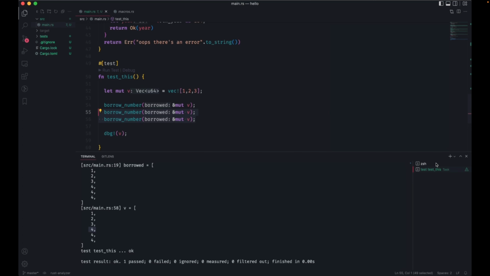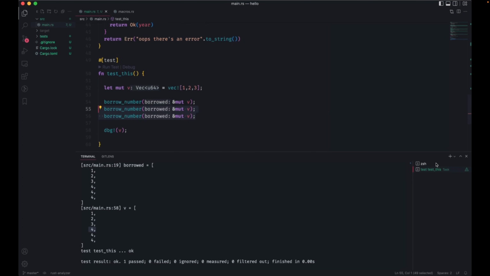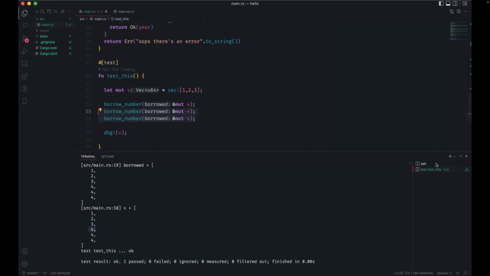I wonder if that is the best practice to do. Because in my mind, when we borrow something, we don't want to usually change the element. Sometimes you do, and sometimes you have to. So it's going to really depend on your case.